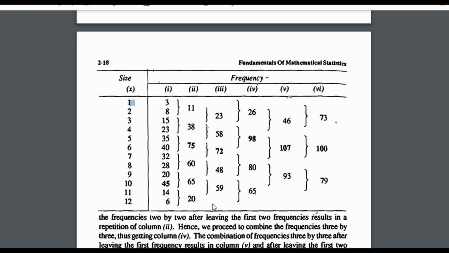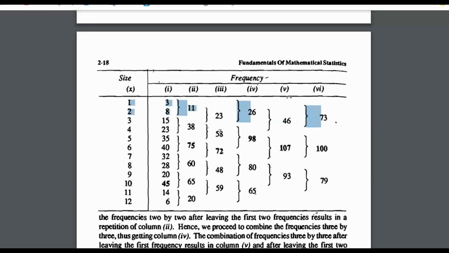Yes, sir. Now the next column should ignore 2. If you ignore 2, that means this 2 will be completely gone. Then again you will get 3 and 4, and if you do the group, you will get column number 2. That means you will get 32, 38. We are not doing this because we are getting the same number, 38, 75. If you ignore 2, if you ignore 3, again you will get the same column. So now what we'll do,